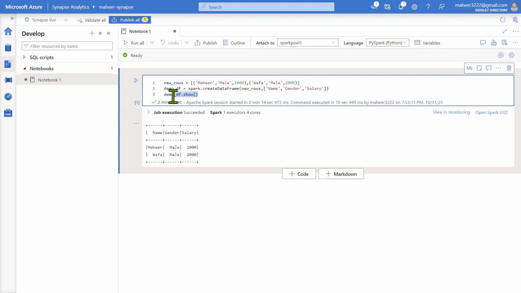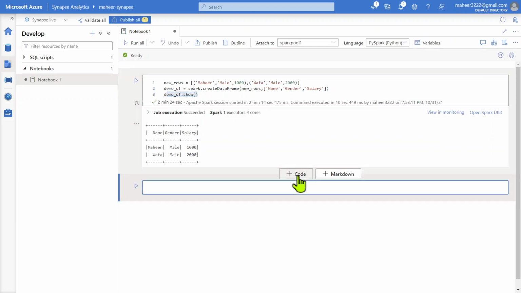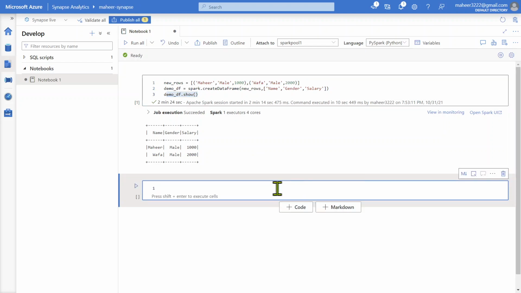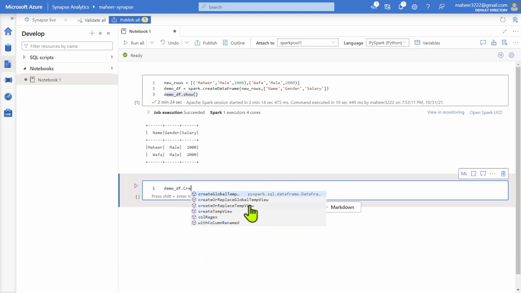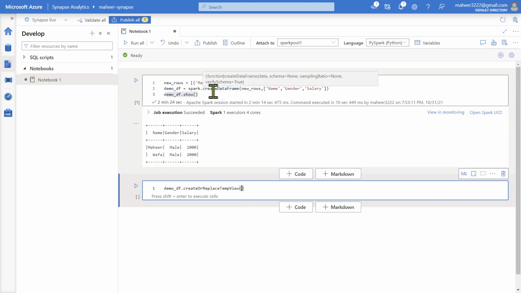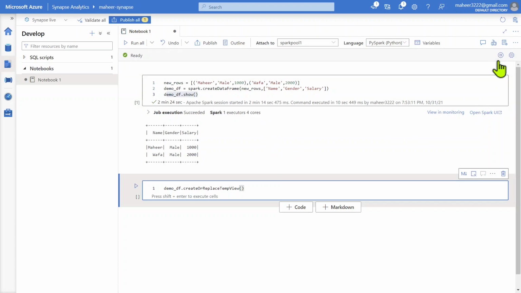So now our data frame is created, right? Now let's create another cell here. Now maybe let's try to save this data frame as a temporary table, okay. So there is something called createOrReplaceTempView, right? What this will do within the session, so all this is running within the Spark session. The moment you close the session or the moment you stop the session by hitting this stop session, right, then everything whatever you store in the data frame or in the memory will be lost, okay.